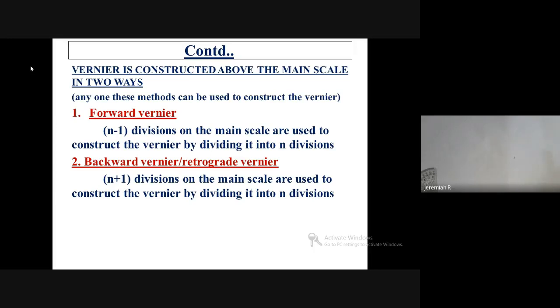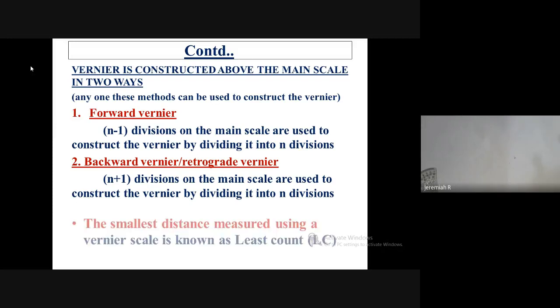In the vernier scale itself, we'll take 9 divisions, and one more we'll take 11 divisions. So if it is one particular vernier, forward or backward, one will take 9, and the other will take 11 divisions. So there is some difference. That is for forward and backward. That we'll see later elaborately.